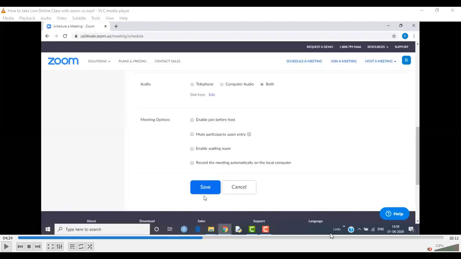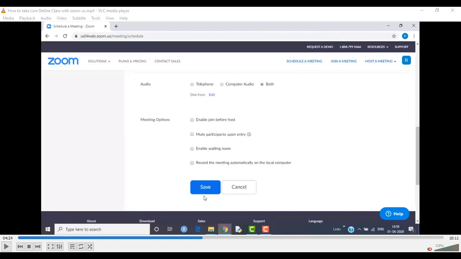Do this, because many mobile phones are not giving the record option, but if you select it in the meeting while scheduling the meeting, it will happen. Another tip, in case you have not done this and you have started the meeting: if you're on a laptop, you have the option of recording it. If you are on an iPad or an iPhone or an Android device, you should use the screen recorder, which is again inbuilt in all of these. Use the inbuilt screen recorder to record your meeting.